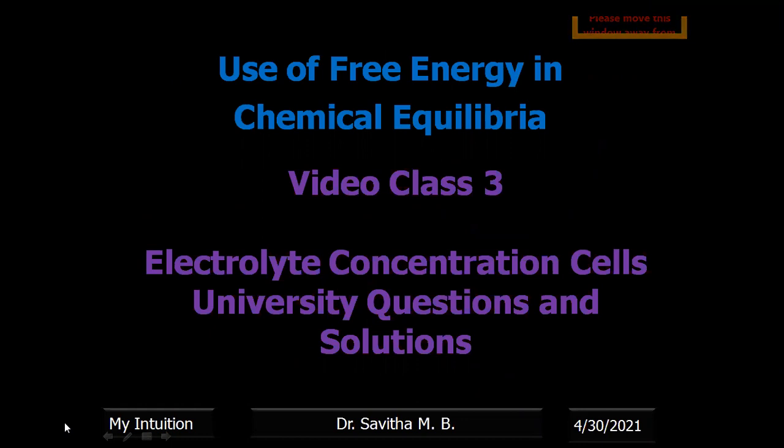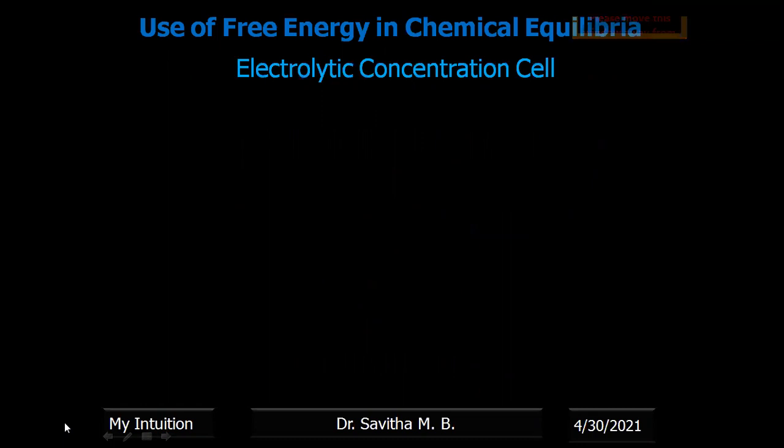Okay, so we have been discussing the galvanic cell. As you remember, a galvanic cell is a device which converts chemical energy into electrical energy, and the vice versa, that is electrical energy to chemical energy, is called an electrolytic cell. So in a galvanic cell, there is an anode, there is a cathode, there is an electrolyte, and they are connected through connections.